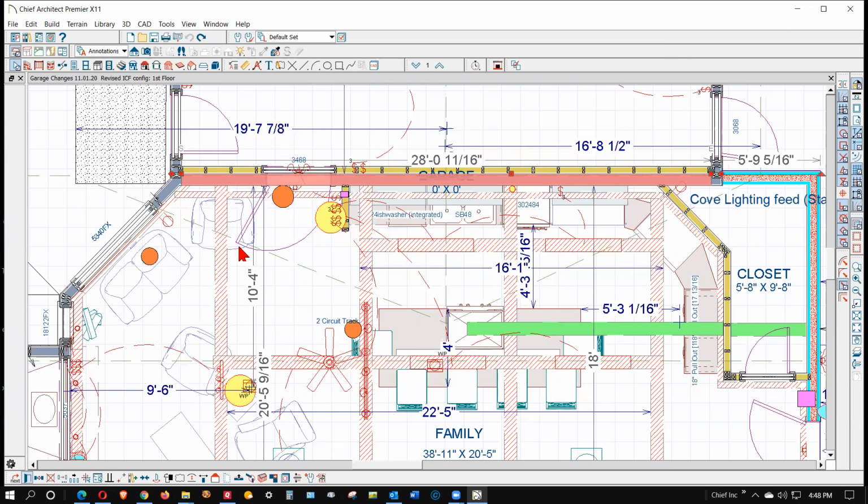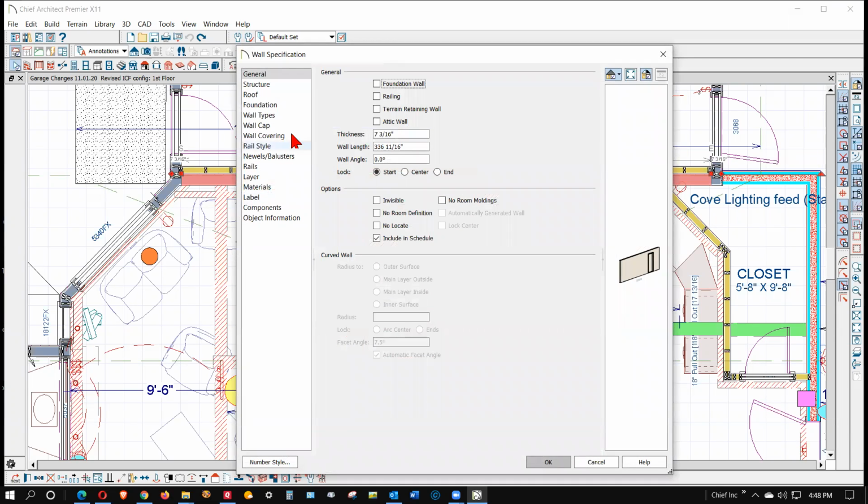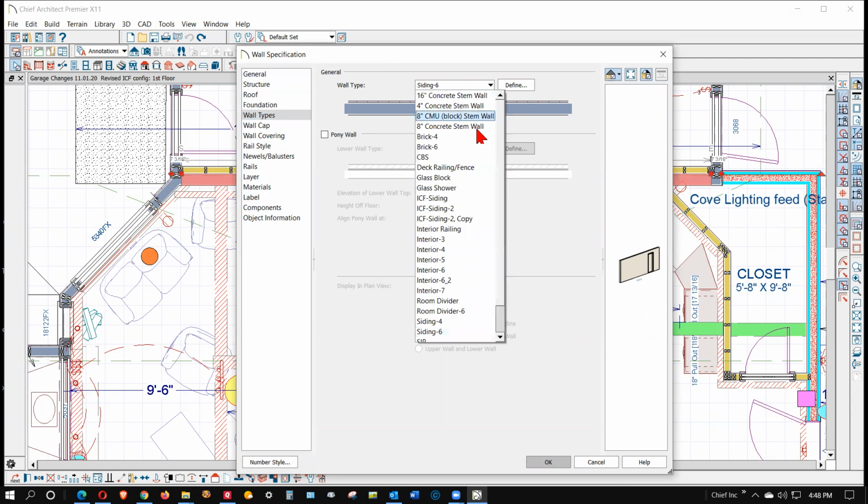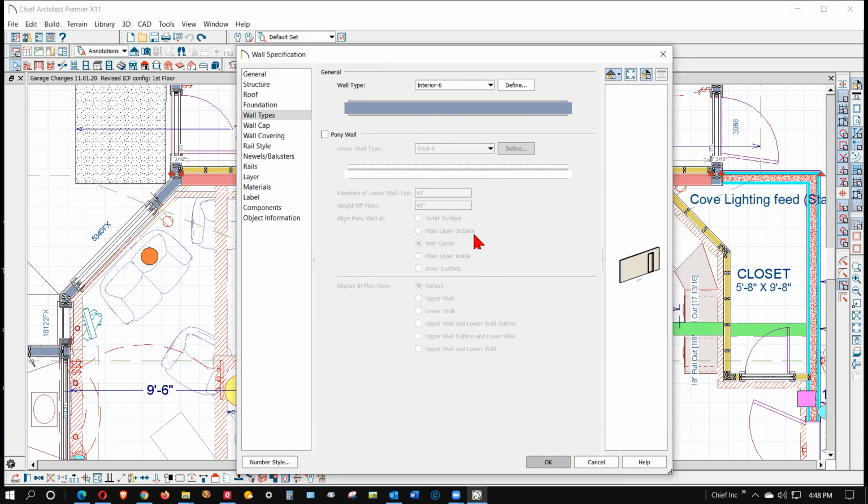he said, thank you. I'm going to go to wall types, and it's siding 6, which doesn't make any sense to have siding. I guess you just go over the siding, but it would make more sense to have it be an interior 6 wall. Then there's this sheetrock on both sides, which doesn't make any sense. But anyway, we won't argue that point. And